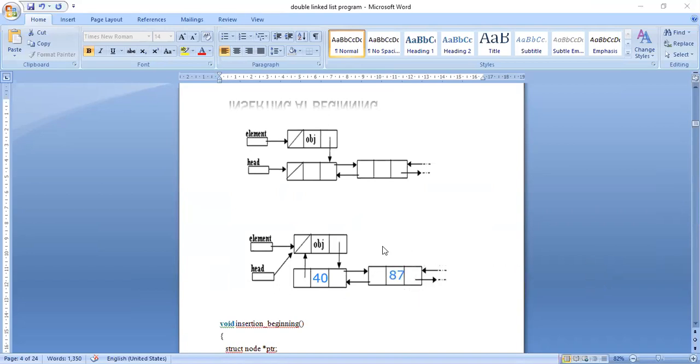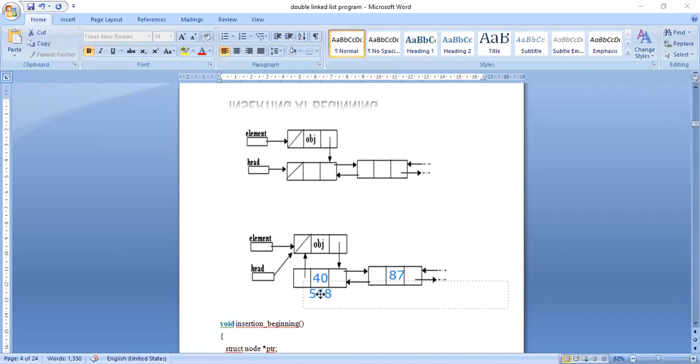So you can see here. So for example, 40, 87. So this 40 node should become the second node, and this obj node should become the first node. So initially, for suppose the address of 40 node is 568.